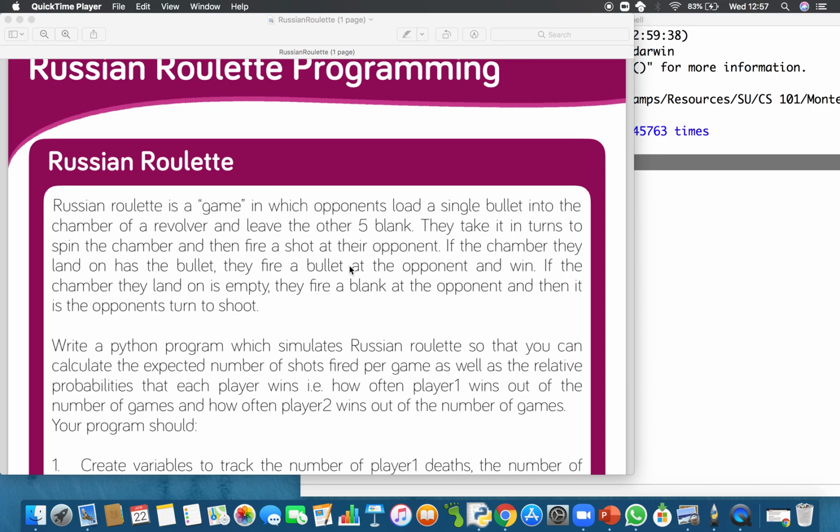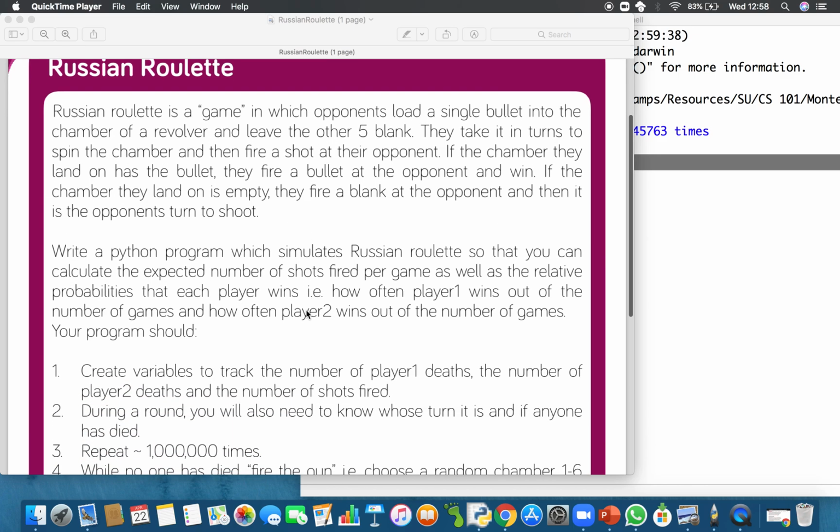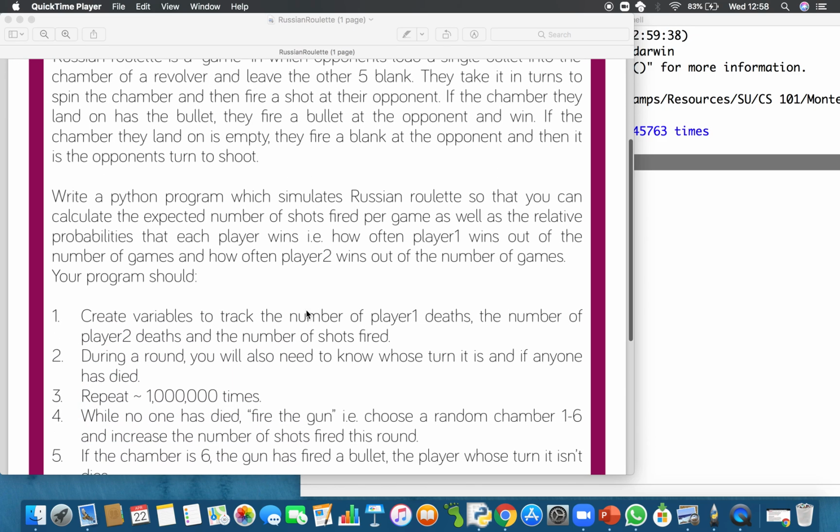If the chamber lands on a bullet, you fire the bullet at the opponent and you win. But if the chamber lands on an empty, you fire a blank. You then hand over the gun to the opponent, who spins the chamber and pulls the trigger. If they miss, they hand you the gun, you spin the chamber. Okay, fairly simple. So what we want you to do is try and write a Python program which simulates Russian